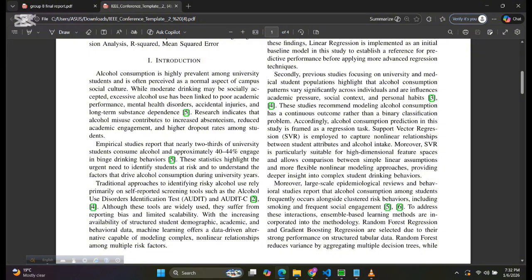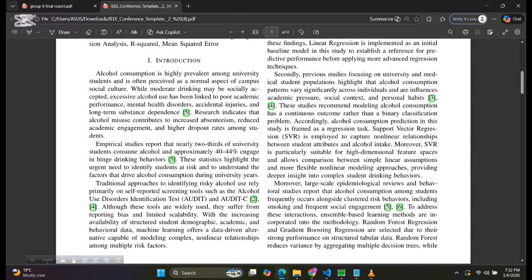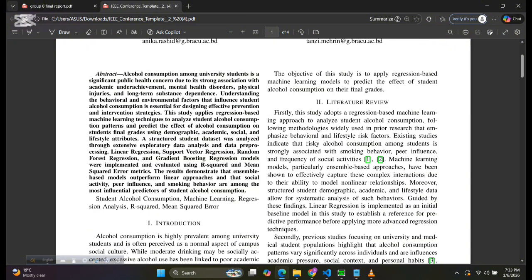Many traditional studies depend on survey based methods, which may contain bias and limited scalability. In this project, we used machine learning as a data driven approach to analyze real student data and explore the impact of alcohol consumption on academic